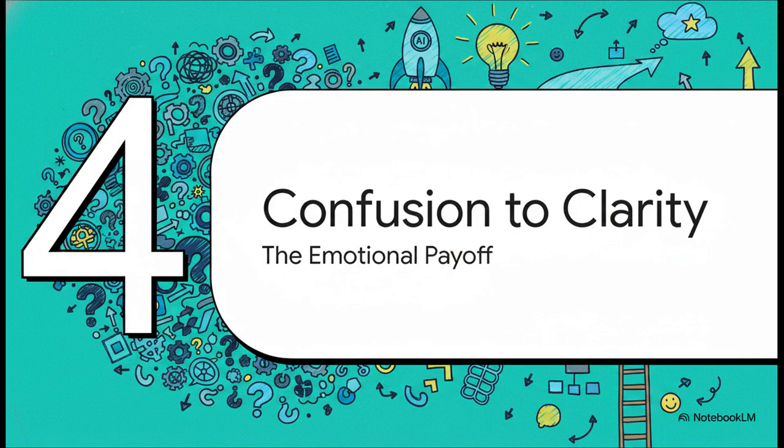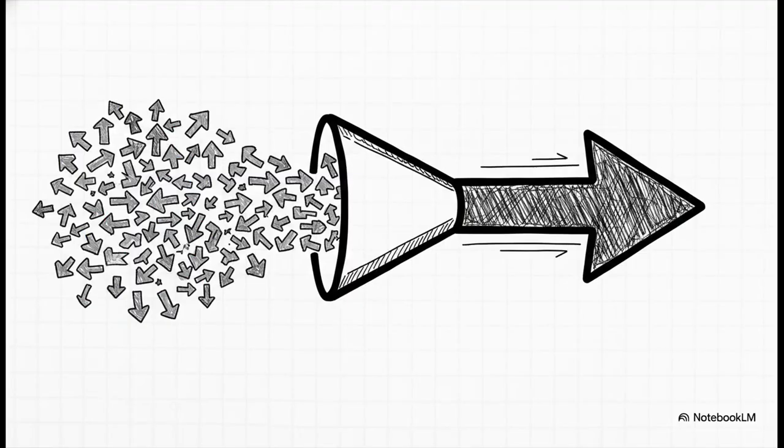Finally, Section 4, from confusion to clarity, and the emotional payoff of all this. Because at the end of the day, all these technical tools only matter if they make a real human impact, right? The ultimate shift we're talking about today is moving from random effort to focused momentum. Just imagine the absolute relief, that serene clarity you feel when your professional life finally has genuine structure. No more throwing things at the wall just to see what sticks, no more late-night anxiety scrolling through job boards without a plan. When you swap out that exhausting random effort for deeply focused momentum, you start making choices with total confidence. You stop reacting to the market and you start controlling your own narrative.